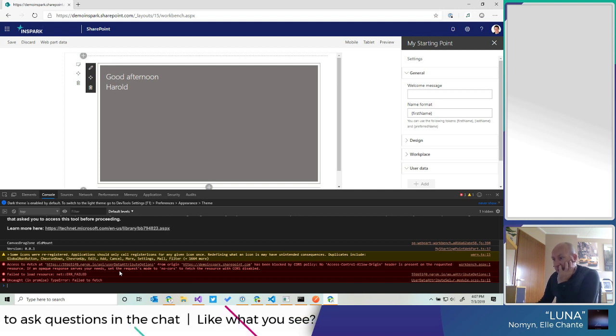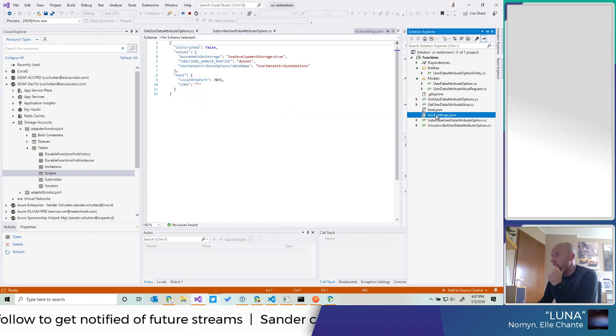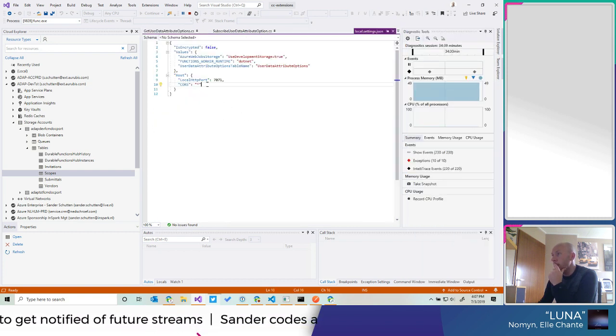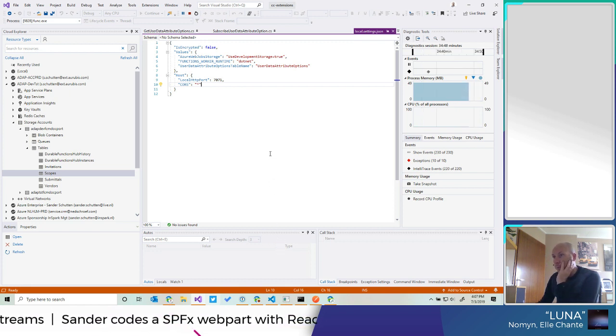Okay. This was a problem I had previously. Something with CORS. Thought I fixed that in my function. Yeah. It has CORS enabled, so why is it giving me so much trouble?